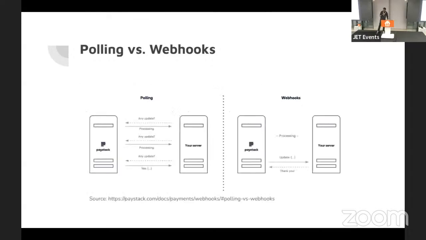And this is just a diagram that really drives the point. I love it so much. And I stole it from Paystack's documentation actually. The alternative way to achieve this is to call the API at an interval. And the way you get real-time activity from this is the frequency of your cron job. So if your cron job runs every 5 seconds, that's the minimum latency you get, or that's the baseline real-time you get. But webhooks allow you to get it as soon as it happens, which is pretty cool.